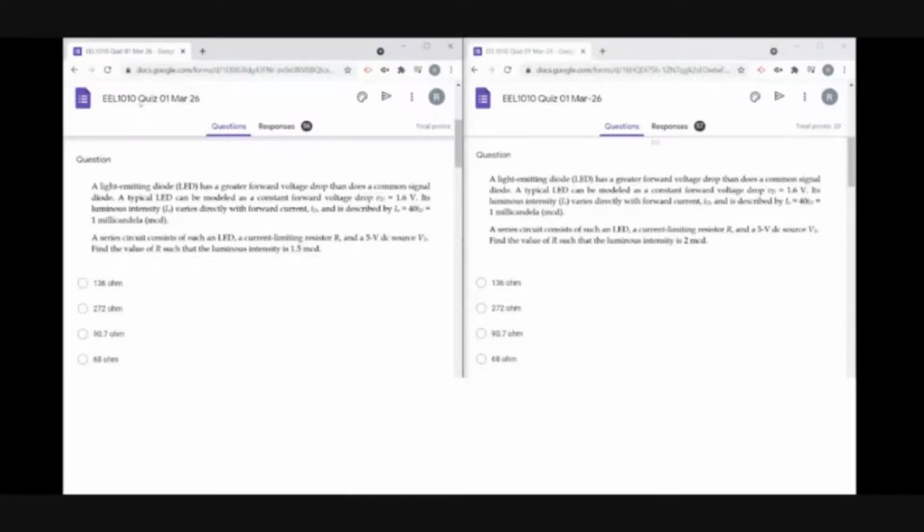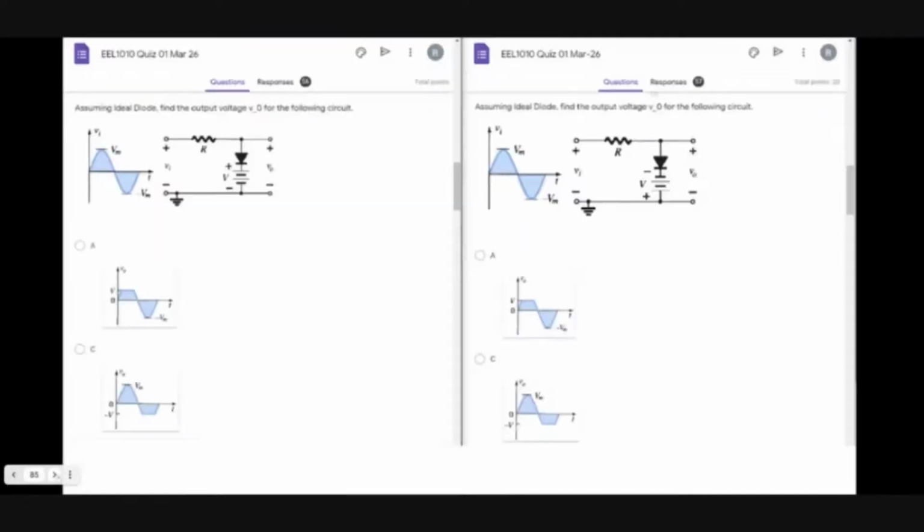You'll also notice that the names of the quiz I've kept is, one is March 26th, and the other one is March-26. Again, this is just for my reference, because I cannot have two forms with the same name, and I cannot even have two assignments with the same name. Now, what I plan to do is, like this, there would be 4 such sets, for instance, right? And I will assign one set to a set of students on Classroom, this to another set of students in Classroom, and so on. Now, how to make those sets? Google Classroom currently does not allow us to make subgroups or sections, right? And we also actually don't want the students to know which set is being assigned to them. So that's a good thing in a way.